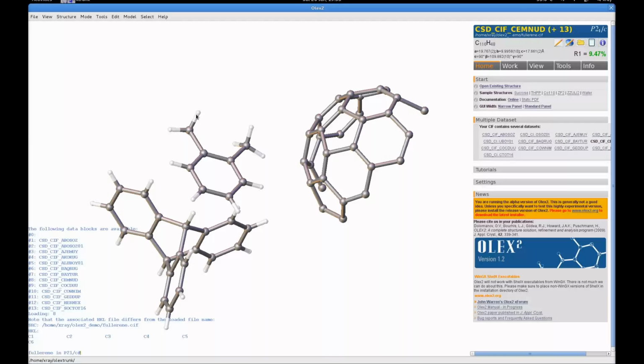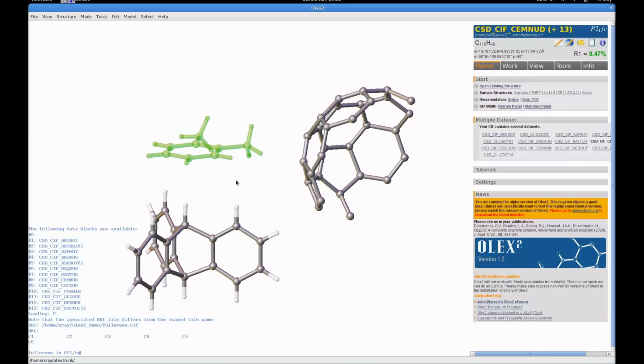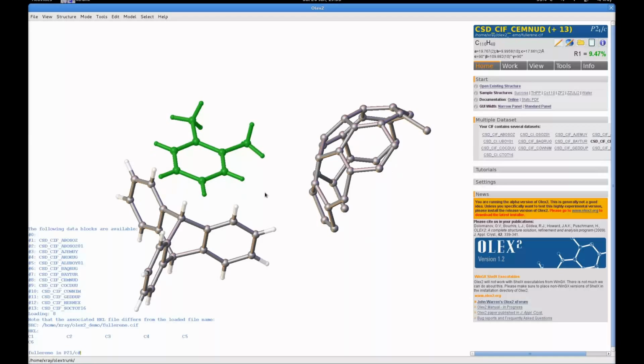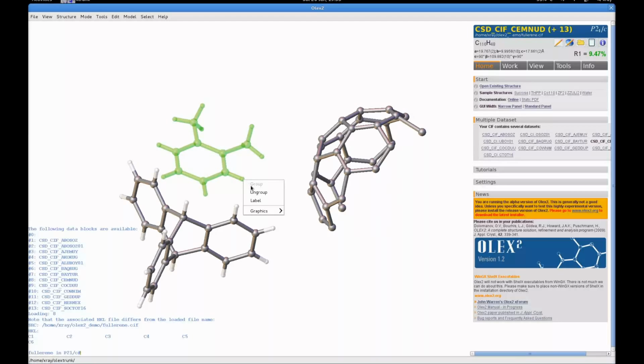You can do it very quickly. You can double click on any atom within a molecule, and by double clicking it will select the entire molecule for you. Then you can use the right mouse button to generate a menu, and then using the selection you can group based on that menu selection. And to remove the grouping you can right click on the grouped item and ungroup,